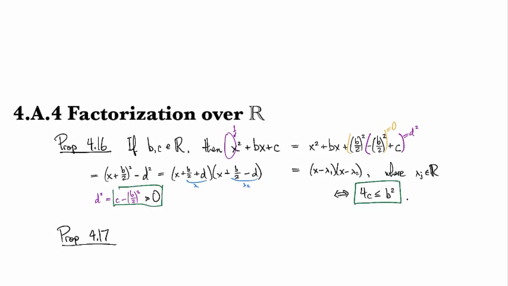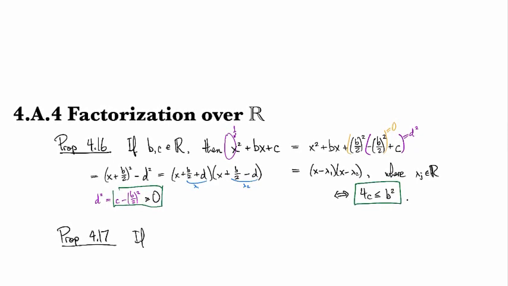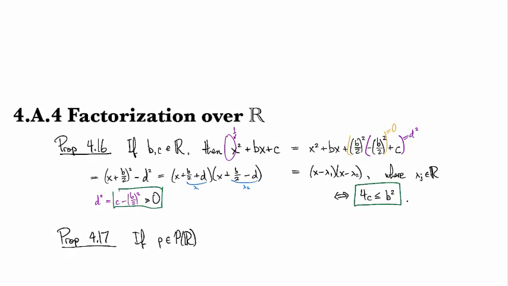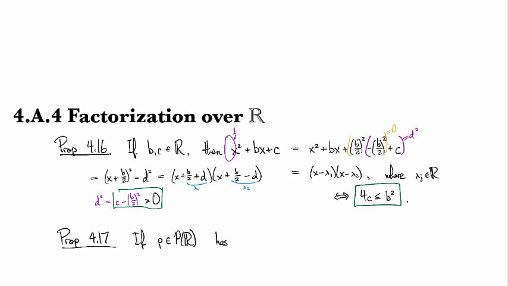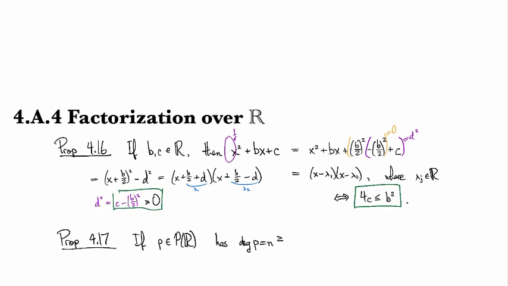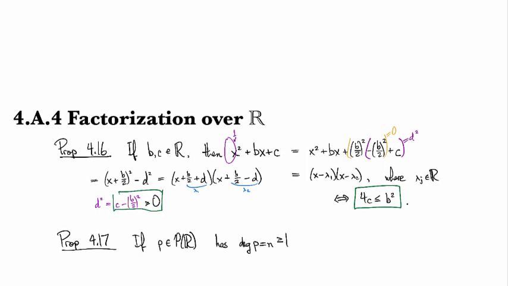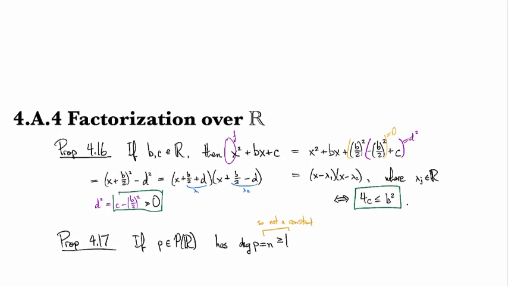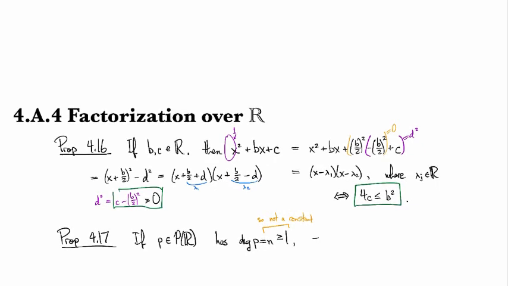Let's see. And so then the last thing we have from this chapter is that if we've got a polynomial over R and it has degree n and it's at least 1, so what does that mean? This part right here means that we're not dealing with a constant polynomial, then